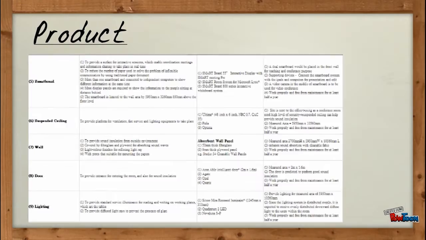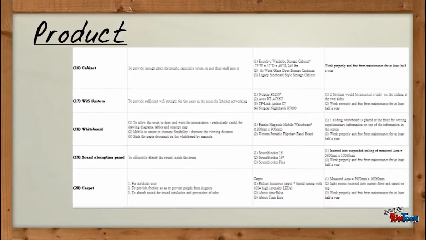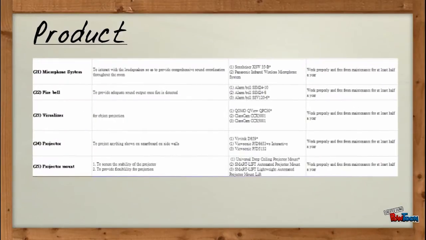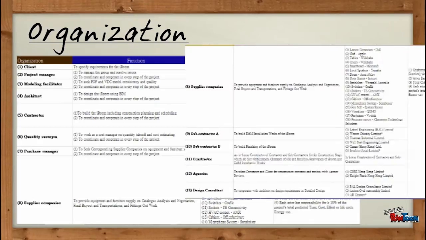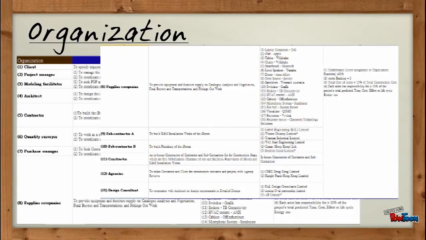For instance, the Smart Rooms system from Microsoft is chosen for our smartboard. The model shows the functional requirements of each object in the iRoom, the suggested choices of the products, and the predicted or measured behavior when the room is in occupation. The FFB matrix relationship is also applicable to the 10 stakeholders, which encompasses the clients, project manager, model facilitator, architect,